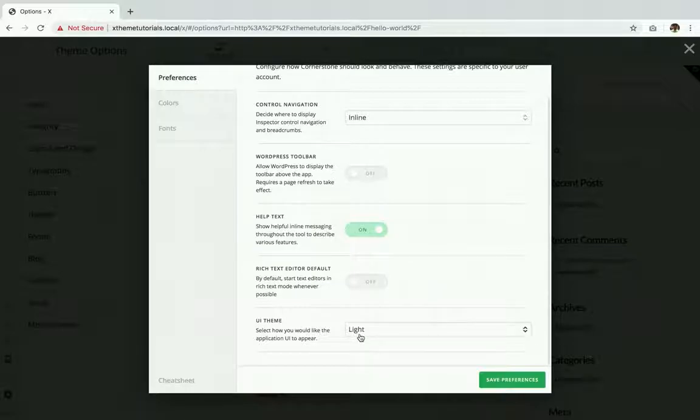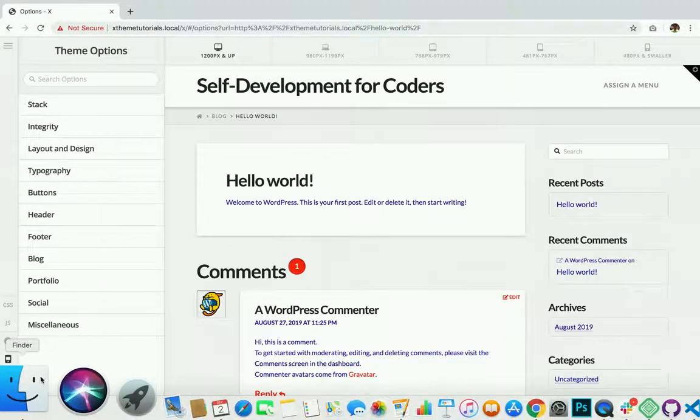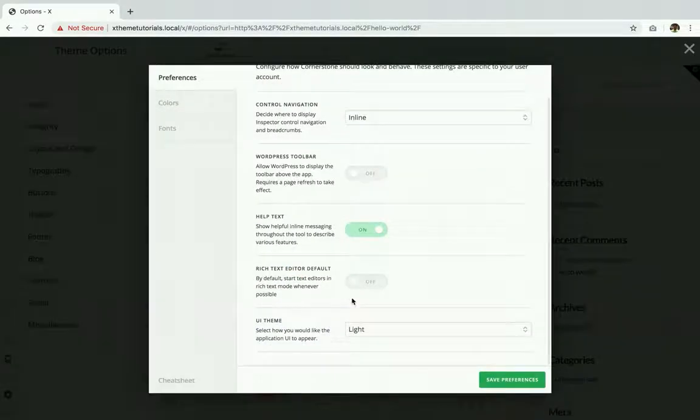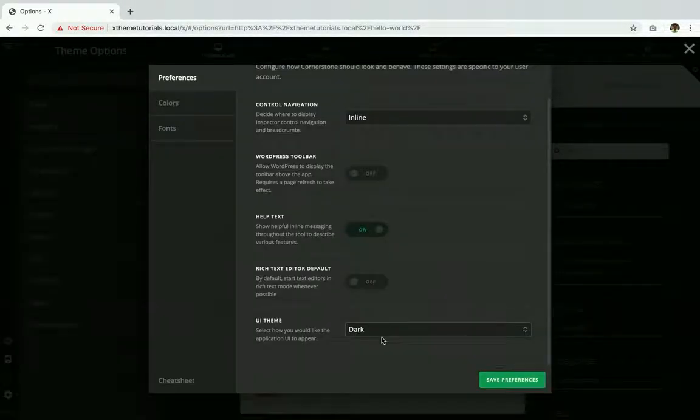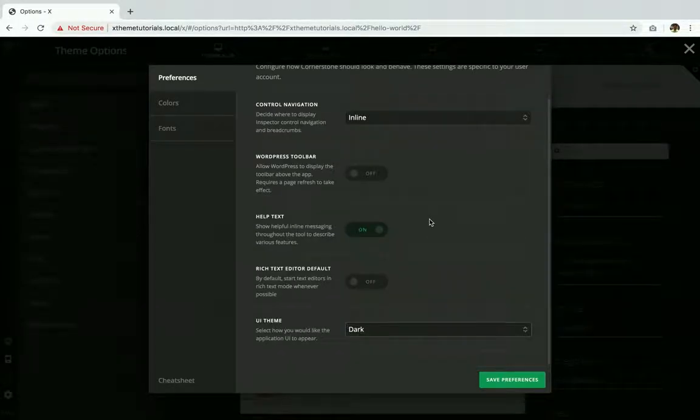Currently, the value is light. This means that this theme options page uses white, kind of like a light theme or skin to it. But if you want to use a dark skin, you can just select dark, and everything goes dark. If you're a dark kind of person, you can use that. And this not only applies to the theme options page, but also to